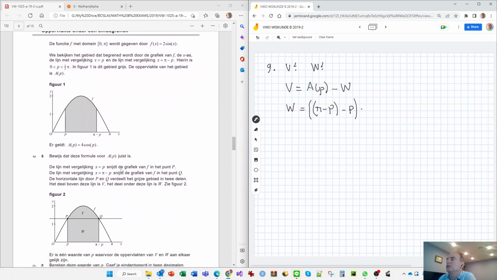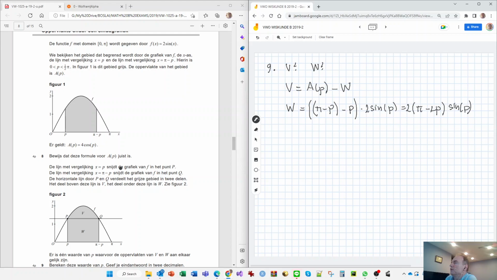What was it again? 2 sine x, so 2 sine p, and this is equal to pi minus 2p times 2 sine p. That's our W,